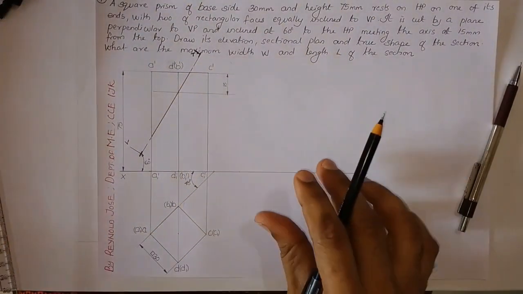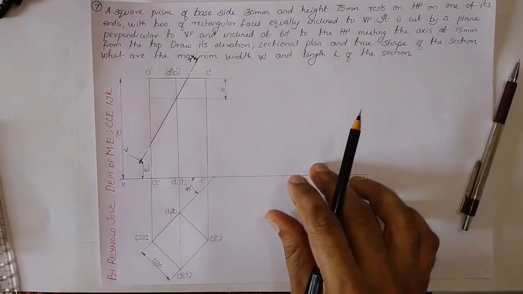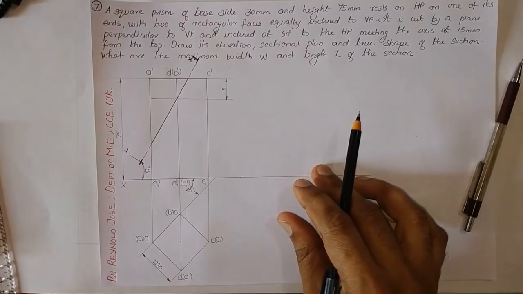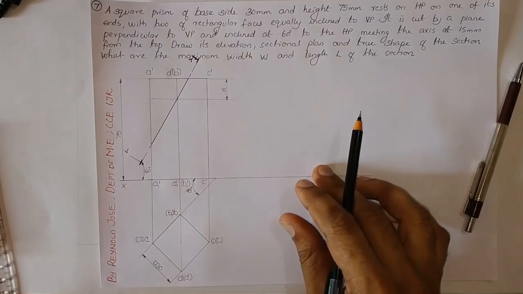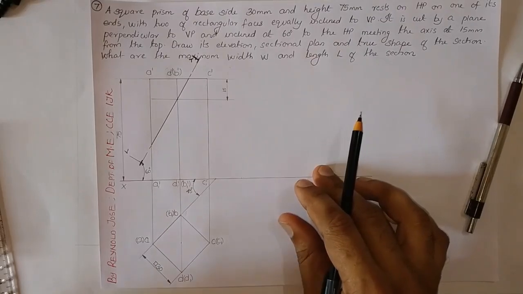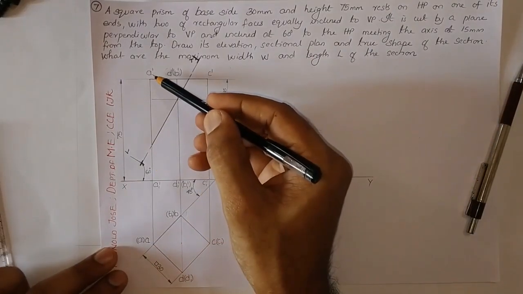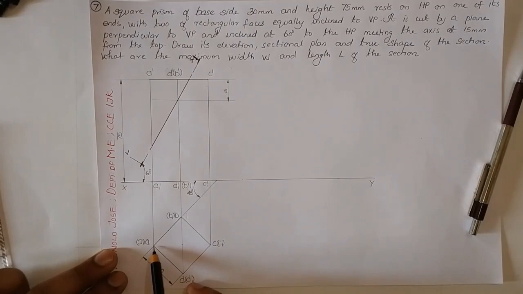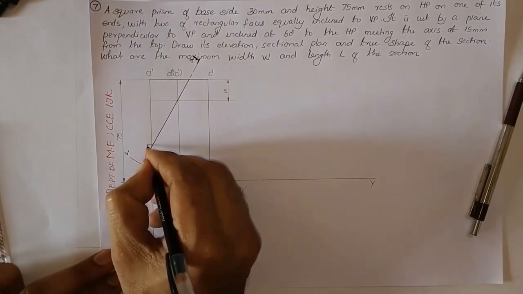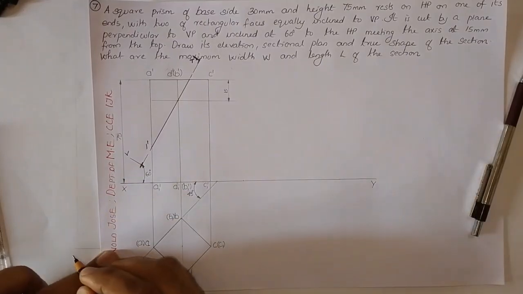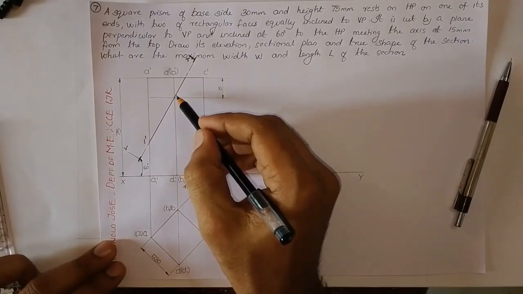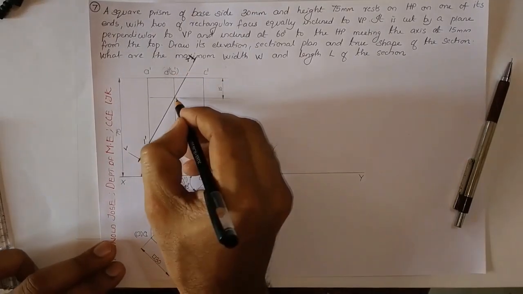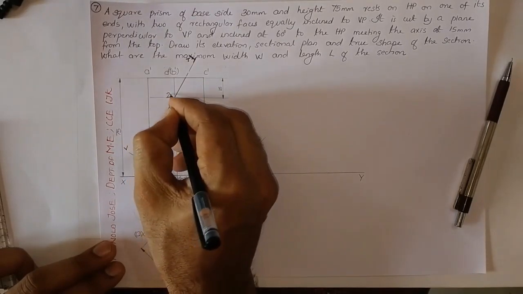Now, after marking the section plane in the front view, next step is marking the meeting points of the section plane with the various lateral edges and the other edges of the solid. So let us mark it. So in this case, here we are having edge A dash, A1 dash. So this is edge A dash, A1 dash. In the top it is seen as a point. So here this point will be, let us mark it as 1 dash as it is in the front view. In this case it is meeting with edge D dash, D1 dash. So that is a visible edge here. So this point, let us mark it as 2 dash.